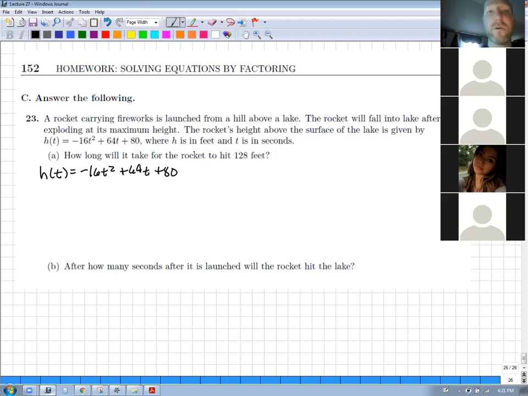So they want to know how long. We're looking for a time when the height is 128 feet. So we set the height to 128, and now we solve for t. To do that, we need to put it in standard form. Let's see, 80 minus 128 would be -48, right? All right, so to solve this,